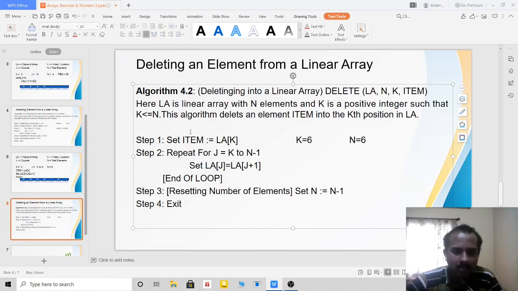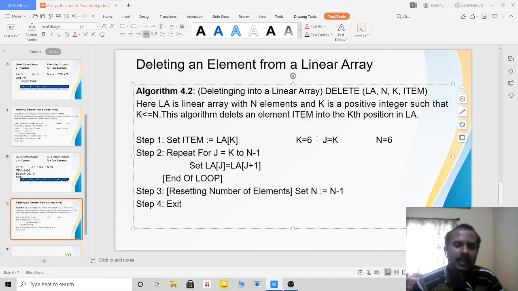Okay. Now whether I have to do the filling or whether I have to move the items upward, no need of doing that, right? Why? Because I have deleted the last element, so no need of moving the other elements. Now let us come to the condition. J is equal to k. Okay, what is the j value? J is equal to k, that is 6 only.